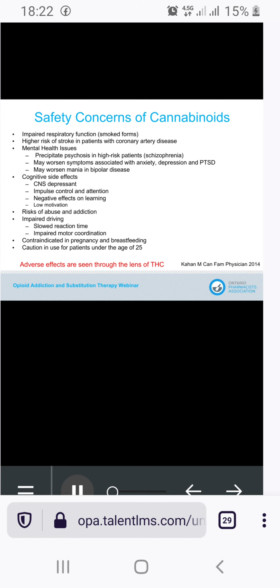So, we talked a bit about cannabis efficacy in the previous slide. And you can tell already that the evidence around chronic pain is pretty poor, and that its role is primarily in neuropathic pain. So what is really concerning is more the side effects and the safety profile of cannabinoids that we're seeing more and more patients present with. So if patients smoke it, certainly there's concern around